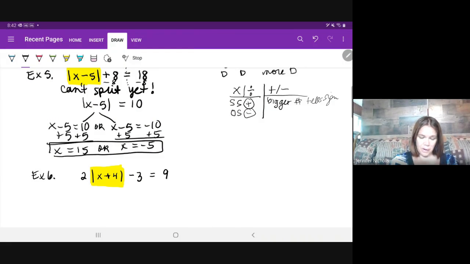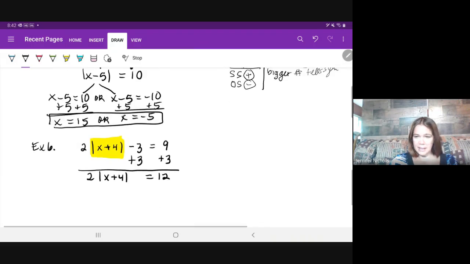Okay, I agree. And our terminology, like split, just helps us describe things in our own brains and then together as a class. Okay. I can't split yet. So we'll write a little note over here. Don't split